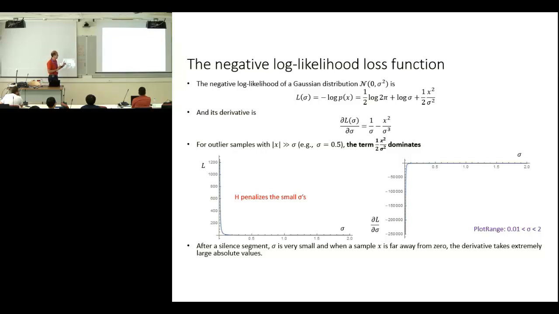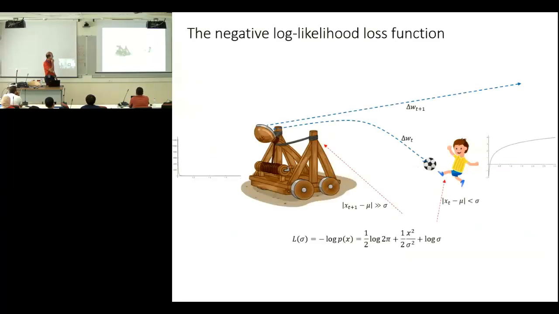So we have a strange behavior. When the sample is close to the predicted mean value of the distribution, it rewards small sigmas and pushes the sigmas to become smaller and smaller and smaller. And then, if a value appears that is far away from the mean value of the predicted distribution, it penalizes that with very huge values of penalty. So we have this situation here.